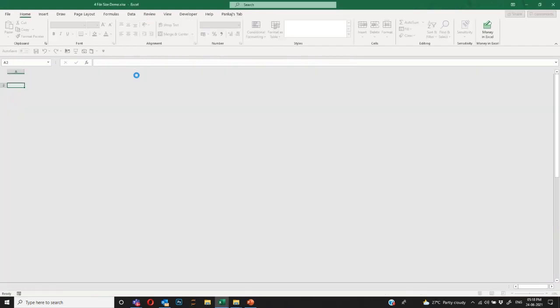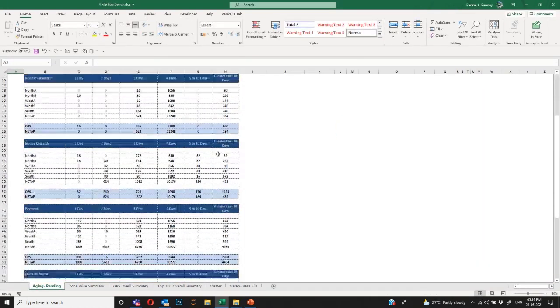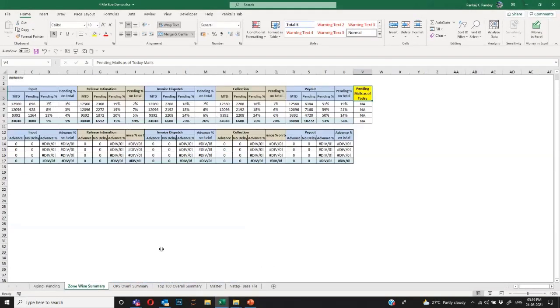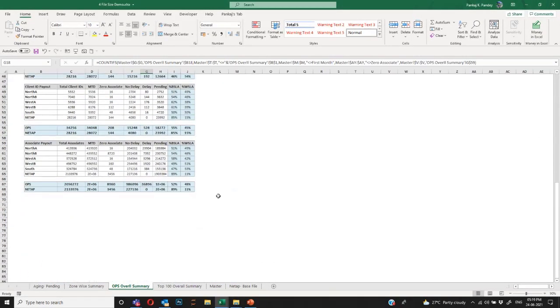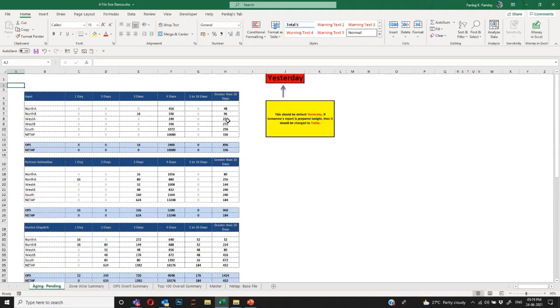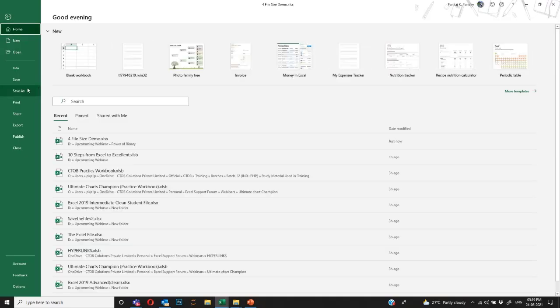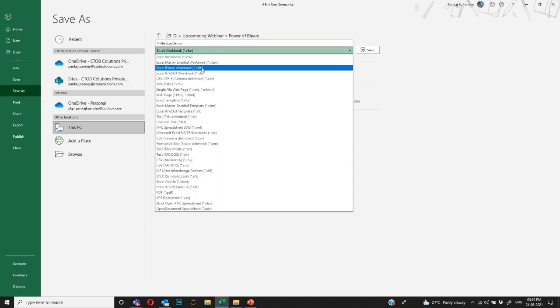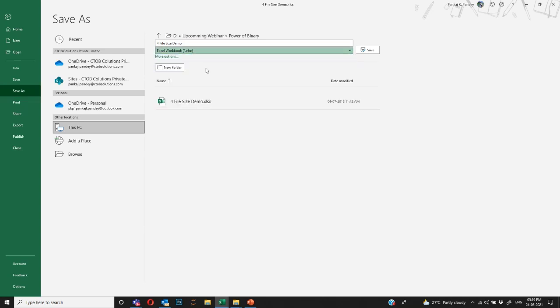So that's the typical problem we face with Excel. Whenever we are working with heavy data, a huge amount of data, more than 10,000 to 20,000 rows, our files start slowing down and the file size increases. Now I have to reduce the file size of this file. I will not do anything else. I'll only go here in the file. I'll go to Save As, and in this I will select the file format as XLSB.